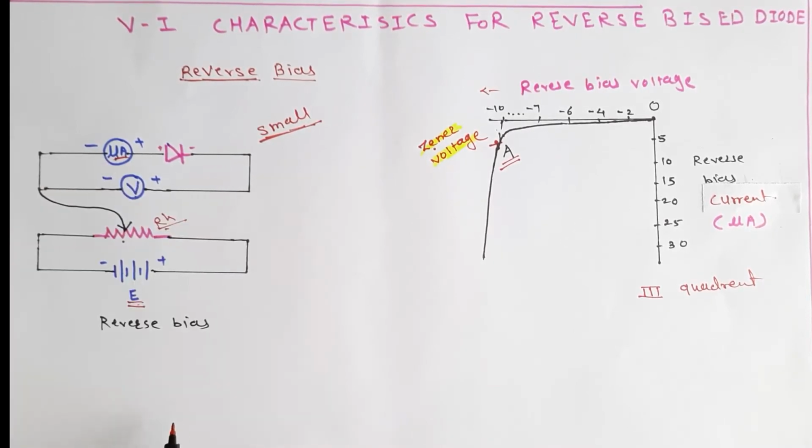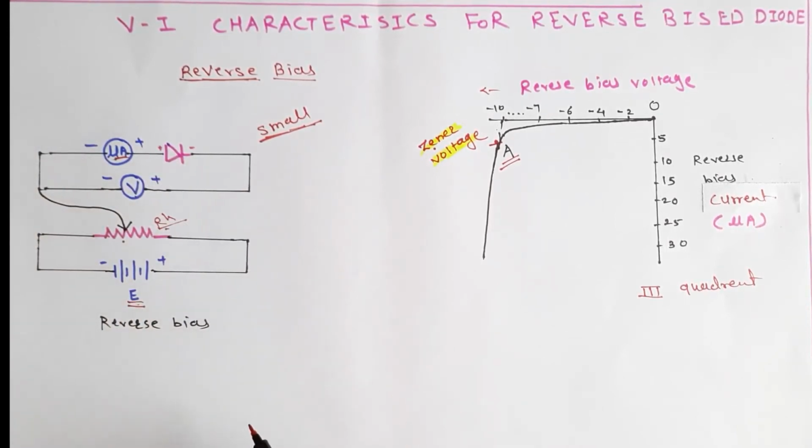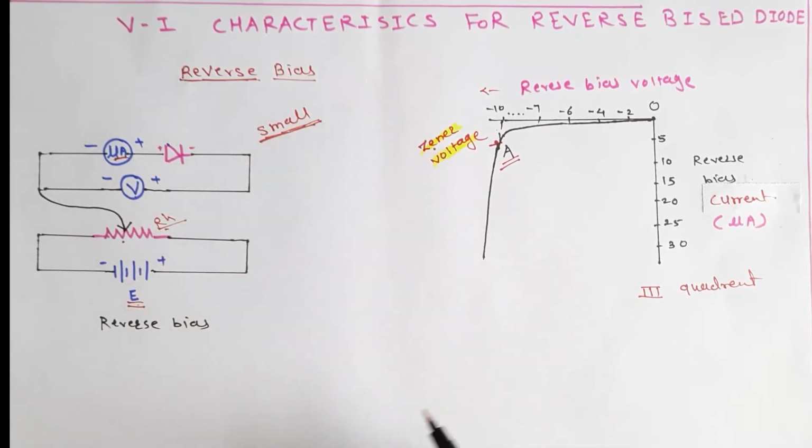When PN junction diode is in reverse bias, the current flows due to the minority charge carriers and hence a microammeter is used to measure the small current. The reverse bias opposes the majority charge carriers and it makes the minority carriers to cross the PN junction. So very small current is obtained.